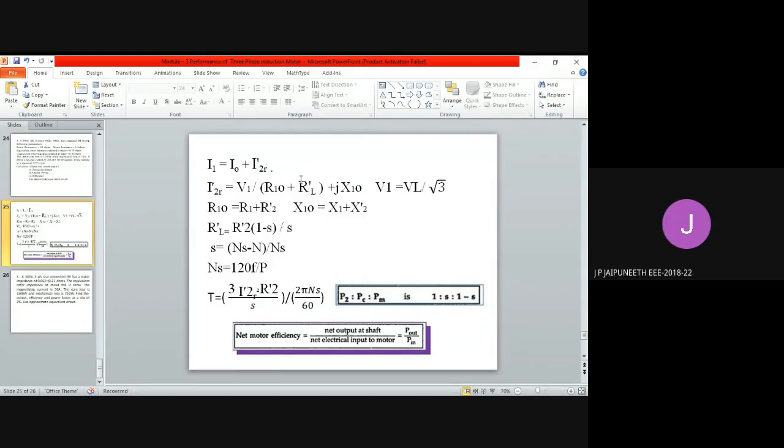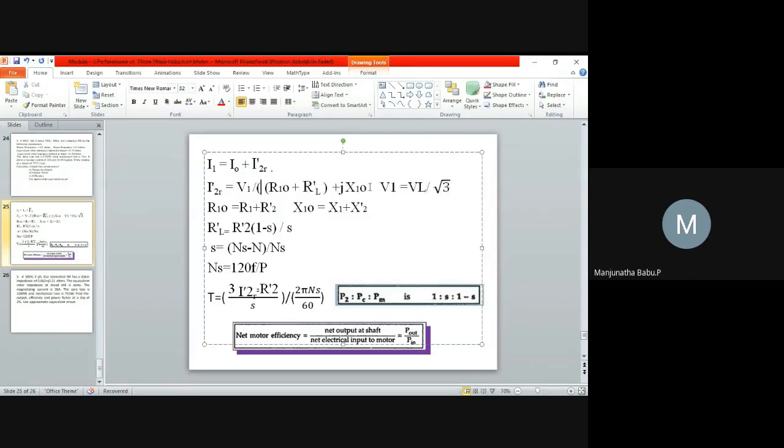Sir, this JX01 is in the denominator or numerator, sir? Pardon? JX01, sir. Is it in the denominator or numerator, sir? No, denominator. Oh. So this will be the whole value. Okay, yes, sir. Yes. Impedance, no, current will be equal to